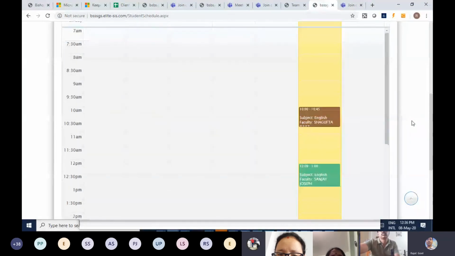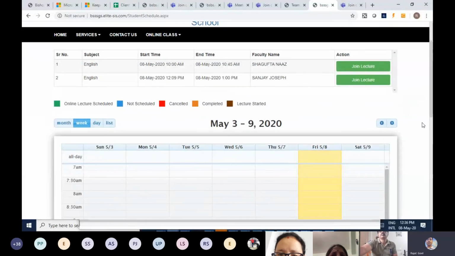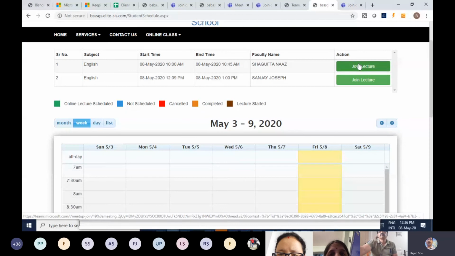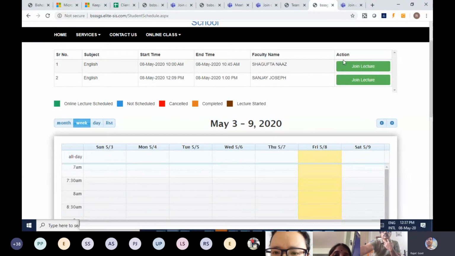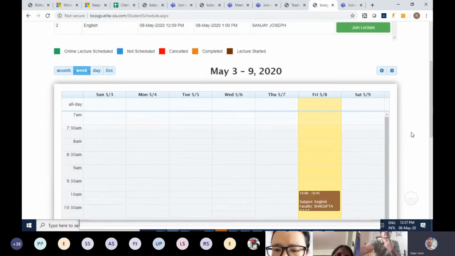Here you can see, sir, as soon as the student clicks on join lecture, the attendance of this student automatically gets marked in the SIS system. This is the feature of the system: as soon as the student clicks on this join lecture button, his or her attendance is automatically marked in the SIS system.